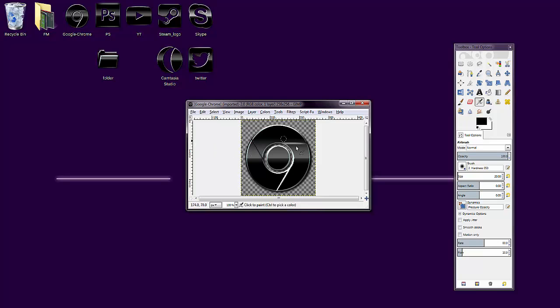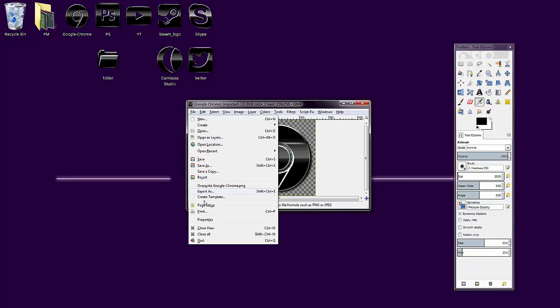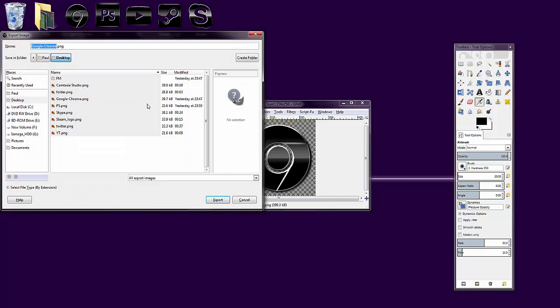And you don't have to edit it in any way other than file, export as. Now this part is crucial. Call it whatever you want to call it. I'm just going to leave it Google Chrome, but you see how it's got .png, that makes it a PNG file. You need to delete that out and you need to save it as an ICO, which is the icon file. Hit export